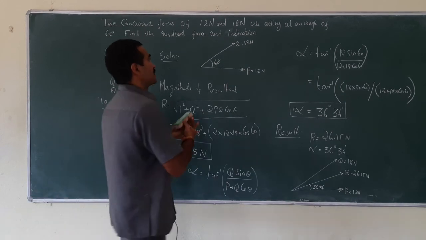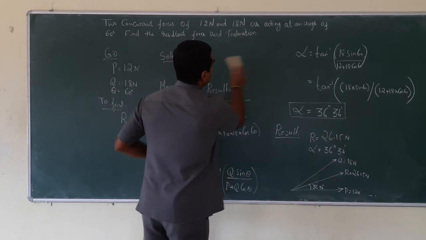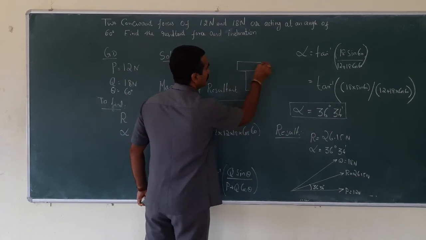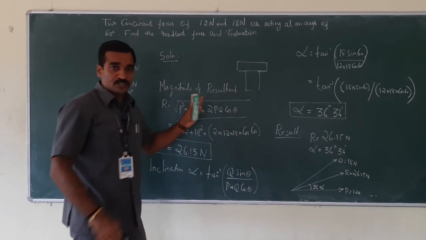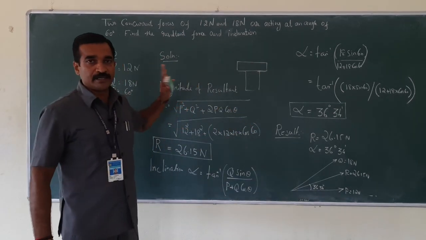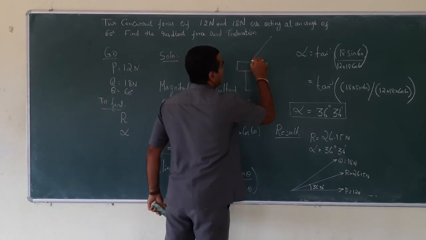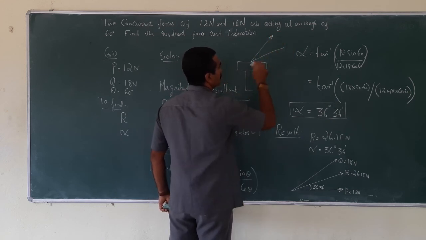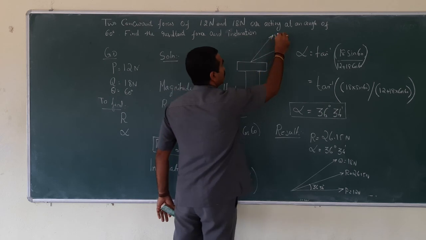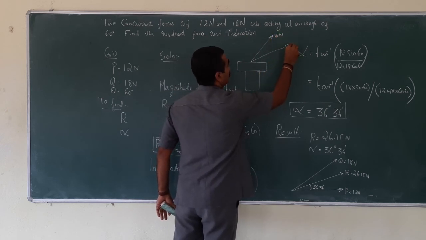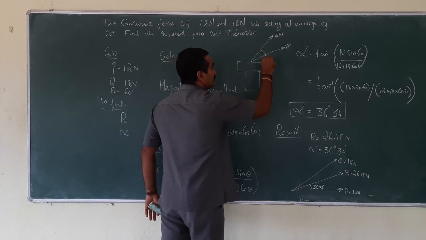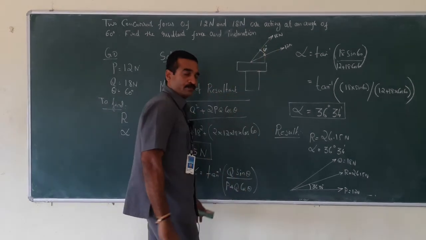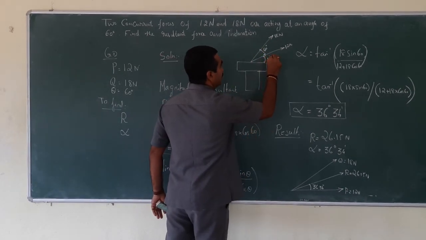Suppose the sketch is given in a different manner. Suppose, in a different manner, assume a bolt, that is irrelevant to this question. Just for your understanding, I am going to draw a sketch here. Suppose two forces are acting in this manner. Assume the same question. This could be 18 Newton and this is 12 Newton. Let us assume that between them is 60, and suppose the value given here is 10 degree.